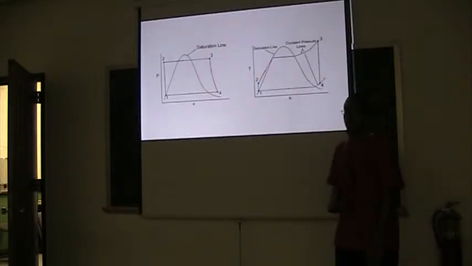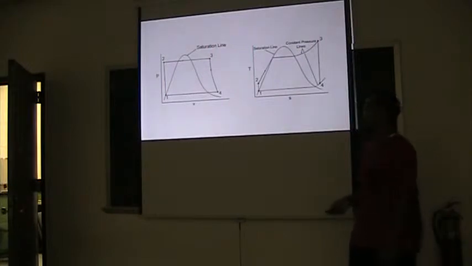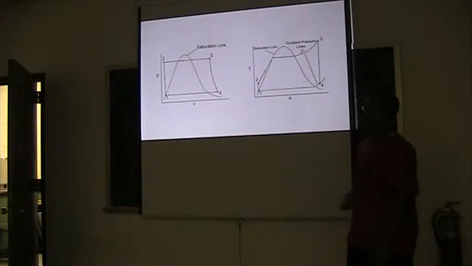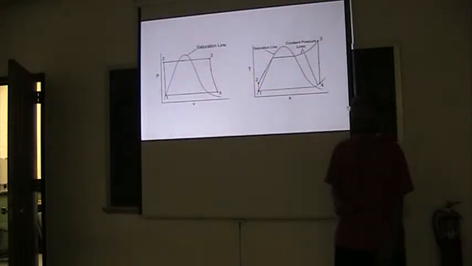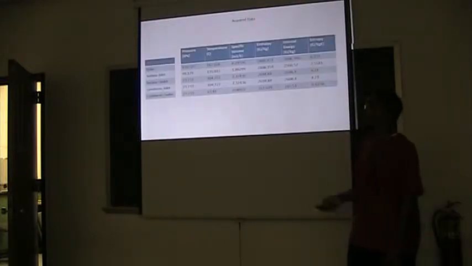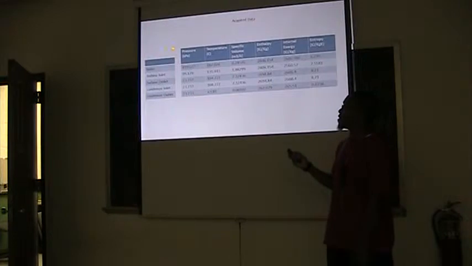And these are the PV and TS diagrams for the Rankine cycle. And all the data that I obtained were at these points right here. So point 1 is where it's a saturated liquid. Point 2 is also in the completely liquid phase. Point 3 and point 4 are superheated vapor. And so these are some values that I obtained.